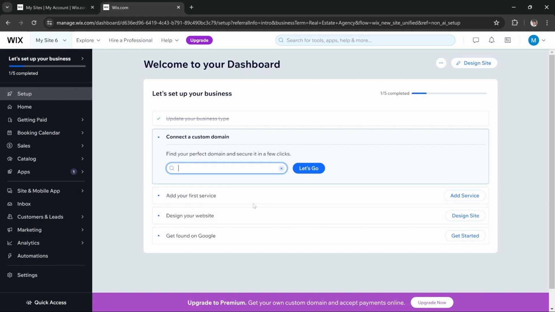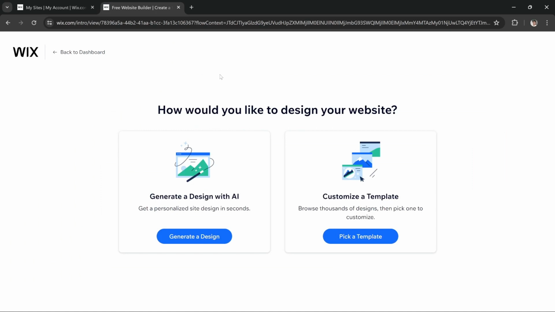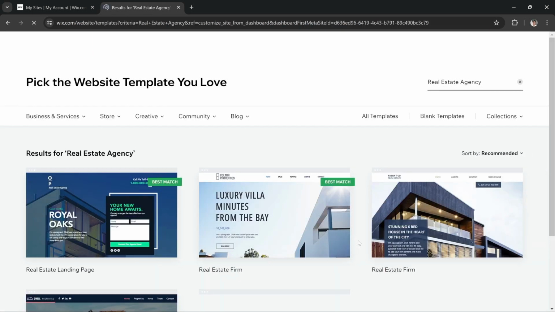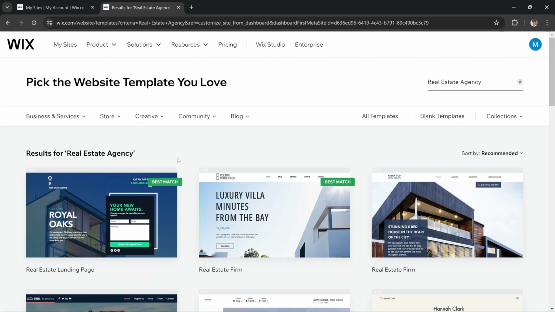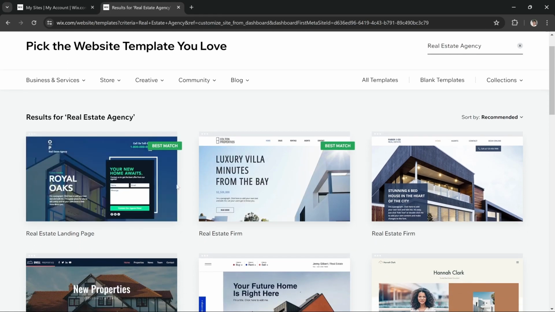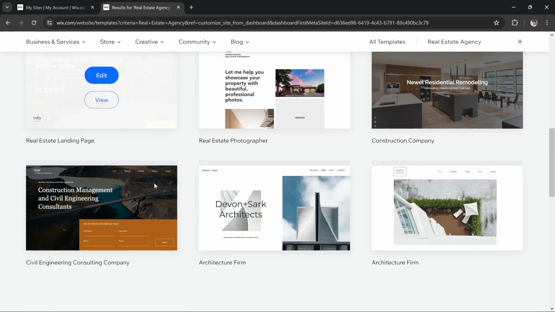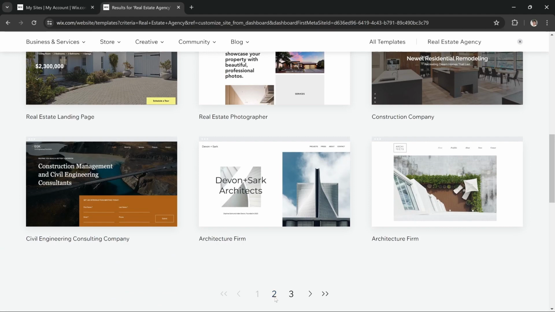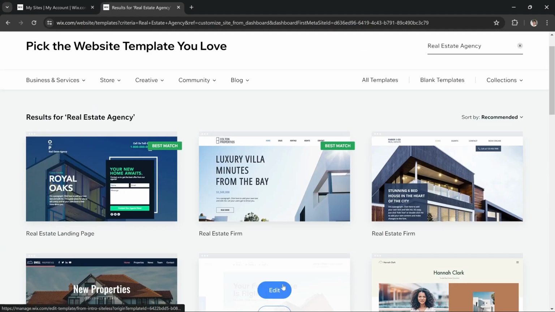So in order to design your website or create your website, all you have to do is to press this design site button on the top right corner and it will take you to a new window. And here you can generate a design with AI, or you can pick a template. I recommend you pick a template because there are a lot of templates that you can use. So here, as you can see, we've got a lot of templates relevant to real estate agencies that we can use for our business. As you can see, there are 3 pages and all of them have real estate